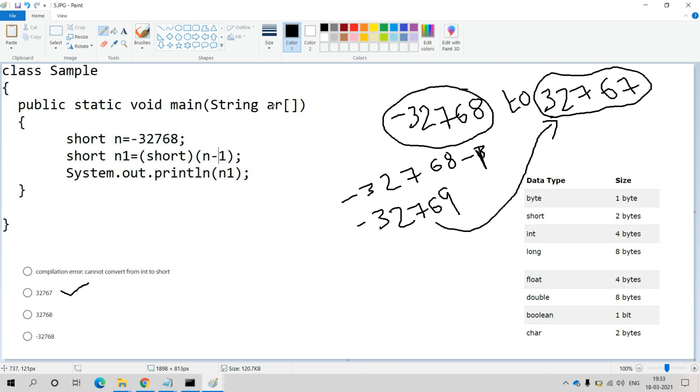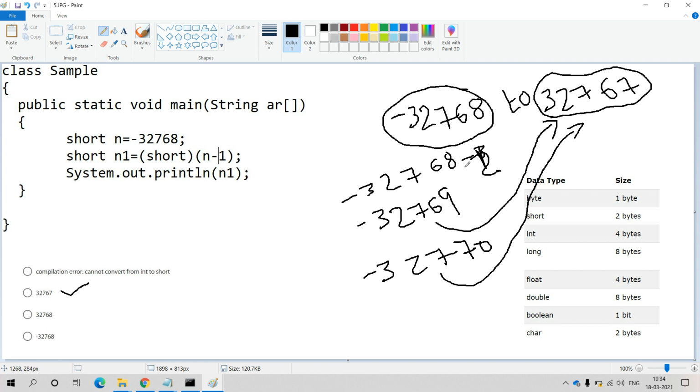For example, if you try to decrement it by 2, then the value will become minus 32770. At that time, what will happen? It will try to print the positive number of the short maximum size. The maximum size of the short is 32767. Before printing it, it will decrement it by 1.